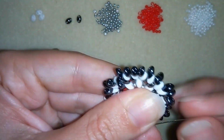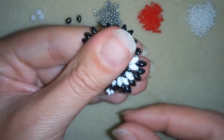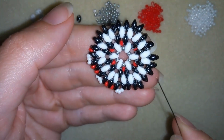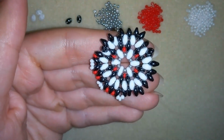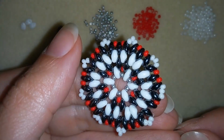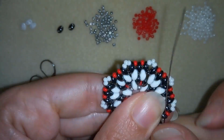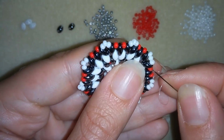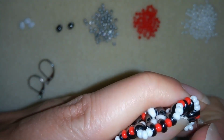Okay, and I'm going to continue this. Here I need red, red, 3 whites, red, red, 3 whites, red, red, 3 whites, and I will continue this until the end of this row, and then I'll be back to tell you what's coming up next. Okay, and here I need 1 more red, and with this one I'm finishing this row,